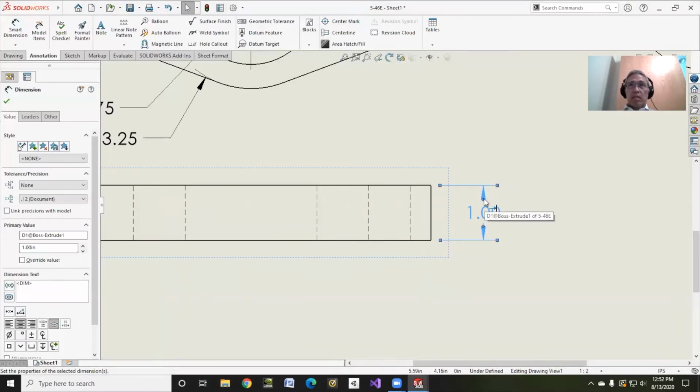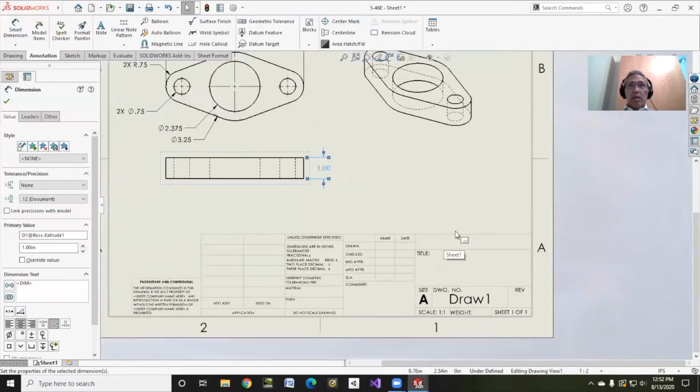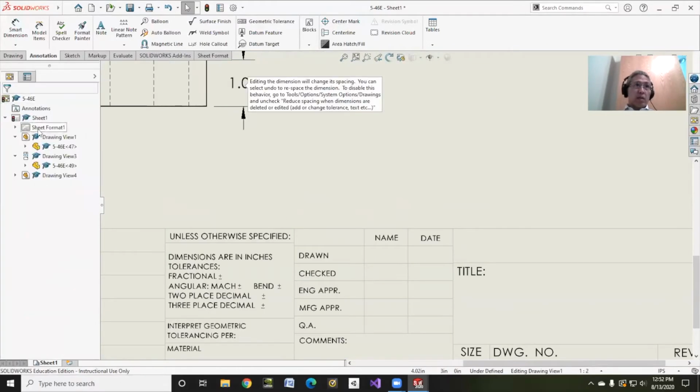Now, again, you can change these, but if there's no line on the arrow, you don't want to put them on the inside. Inside is pretty normal though, okay? Then that's all there is to it. That's my drawing. I'll hit OK there on the dimension, right click on sheet format, edit sheet format,